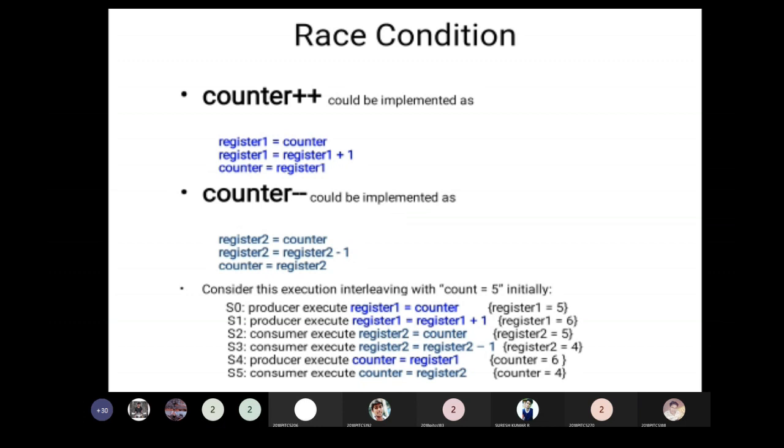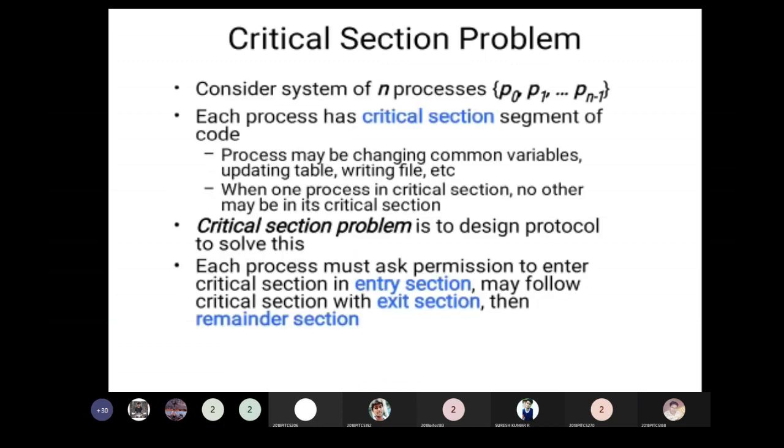The producer executes the statement counter equal to register 1. Now counter will be 6. The consumer executes the statement counter equal to register 2. Now counter equal to 4. The same counter variable, but the value differs between the producer side and the consumer side. This is what we call a race condition. The values are conflicting here from the producer side and the consumer side. There must be some way of avoiding this condition, the race condition, so that process synchronization is achieved